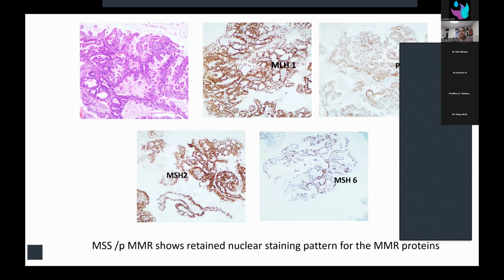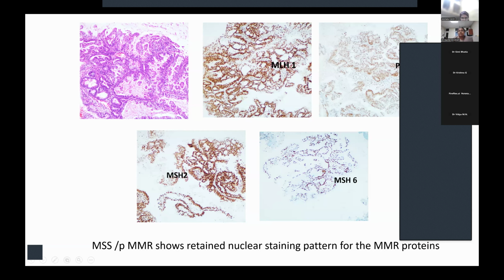This is just an example, a case of an endometrial carcinoma where the MMR IHC was performed. So this was positive. We look for a nuclear positivity in the tumor cells. So it was strongly positive for all the four markers, MLH1, PMS2, MSH2, and MSH6, and the internal control of the stromal cells and the lymphocytes was also positive. So this was a MSS tumor with a preserved MMR program which showed retained nuclear staining pattern for the four